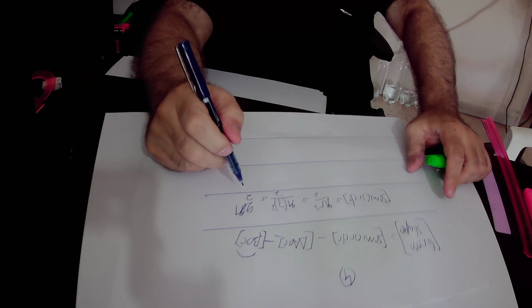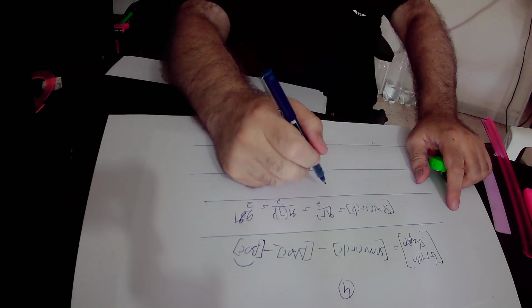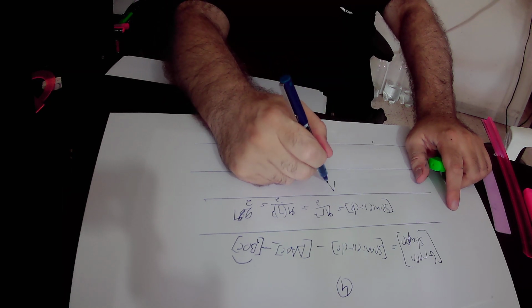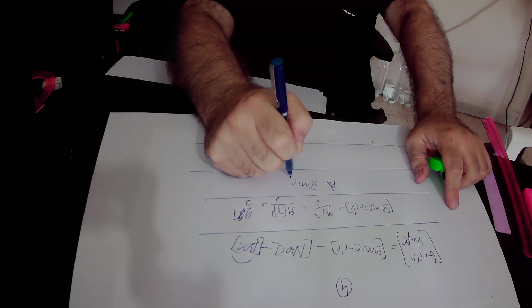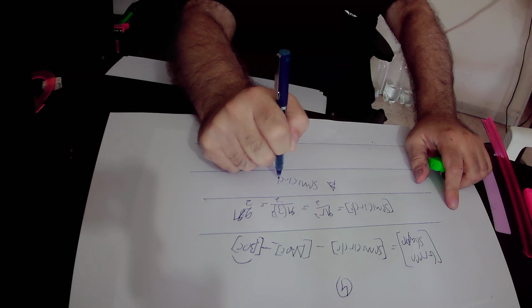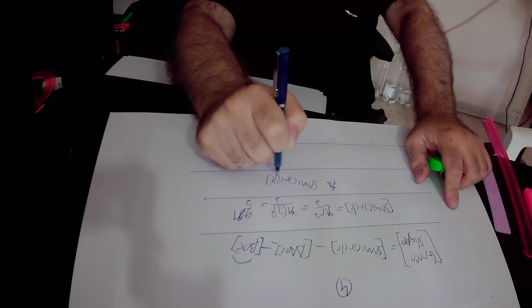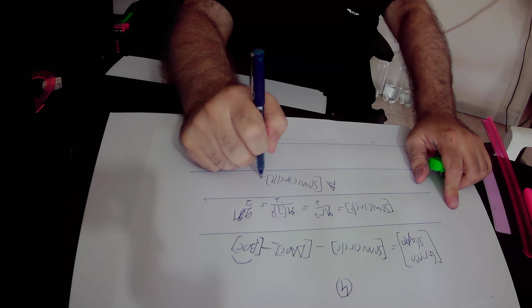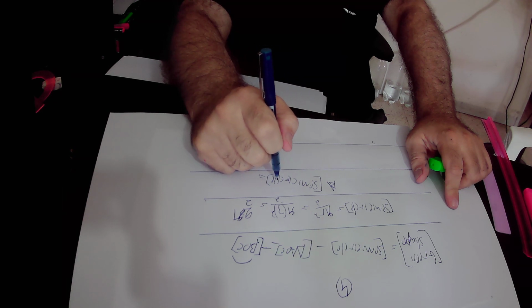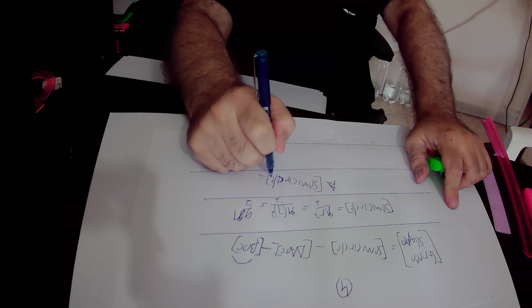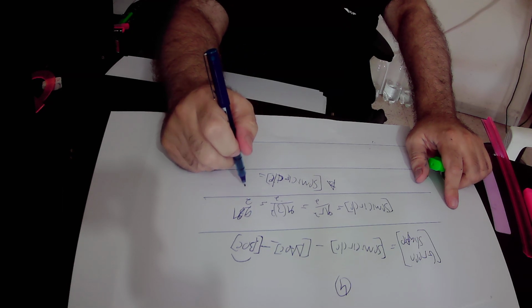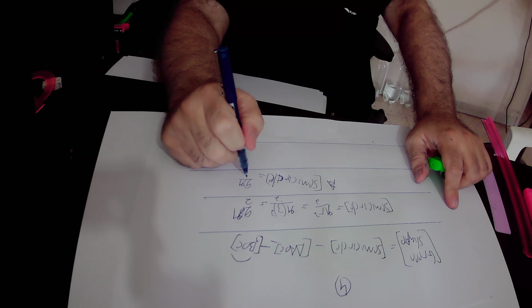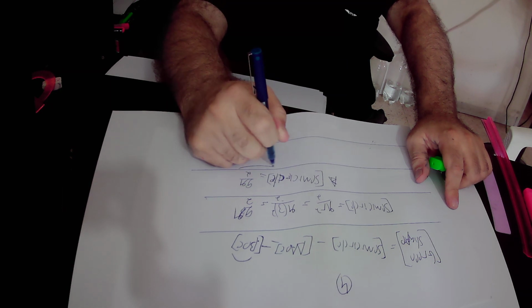So the area of the semicircle equals 9 pi over 2 square units,